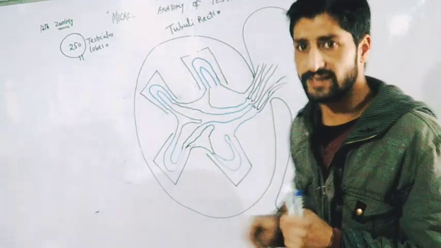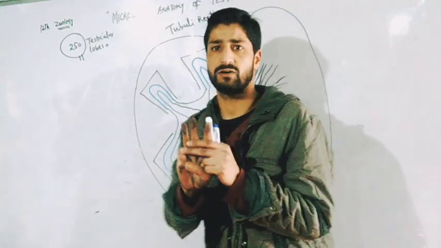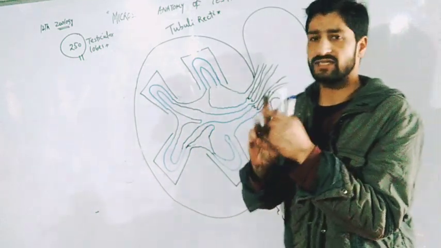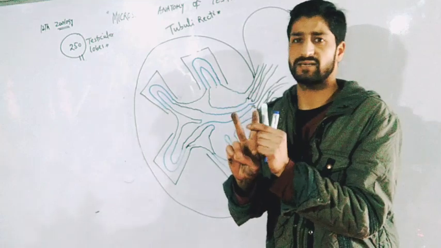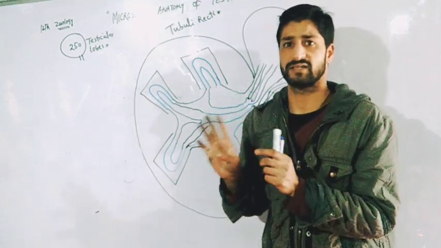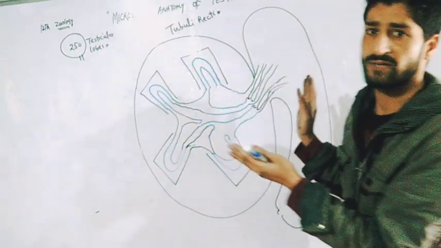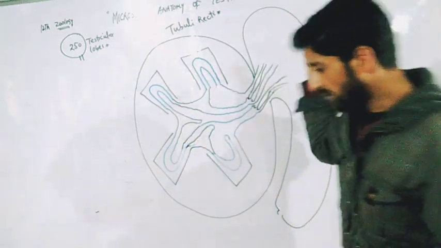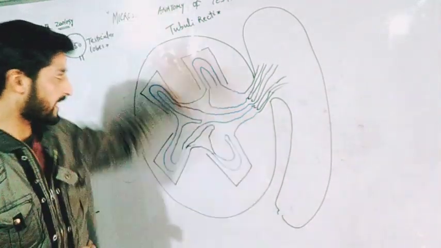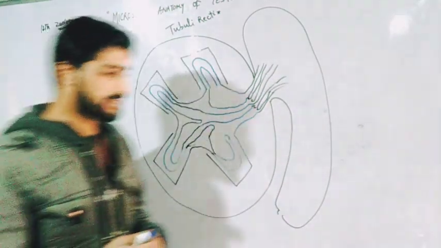We also studied the three protective coatings of each testis: the outermost is tunica vaginalis, the middle is tunica albuginea, and the innermost is tunica vasculosa. These three structures are the protective coverings of the testes. Now, today the main focus will be to dissect a testis. When we dissect a testis, what we observe is that